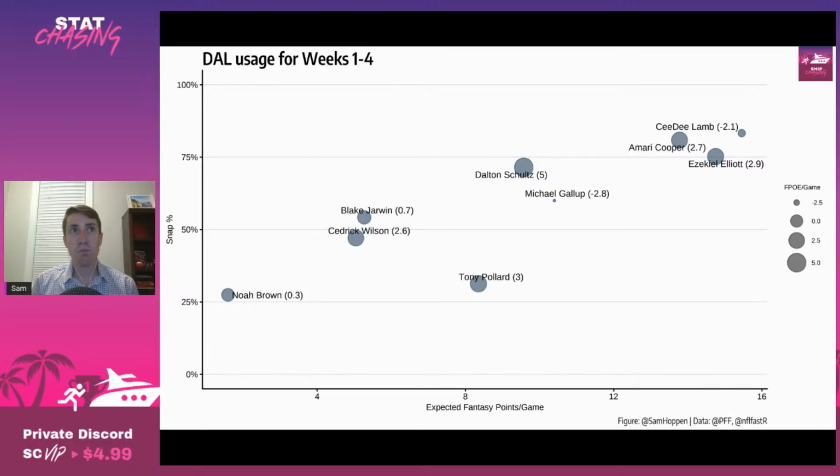Between Lamb, Amari Cooper, and Dalton Schultz, Schultz actually leads the team in weighted targets per route run, which is hilarious. It helps that he's tied for target share over the last 3 weeks. He's averaging more receiving expected points per game than Amari Cooper and about the same as Lamb, but has a fantasy points over expectation per game of 6.2 points per game. He's probably in a sell high situation right now, similar to Dawson Knox, but I don't think that it's sustainable,